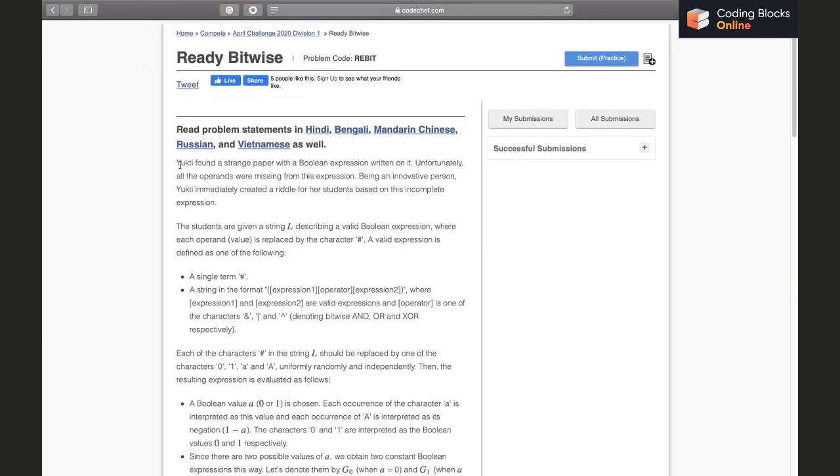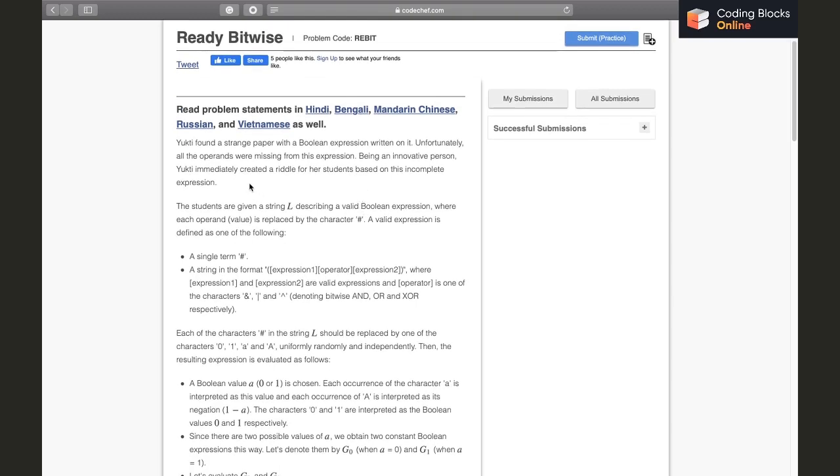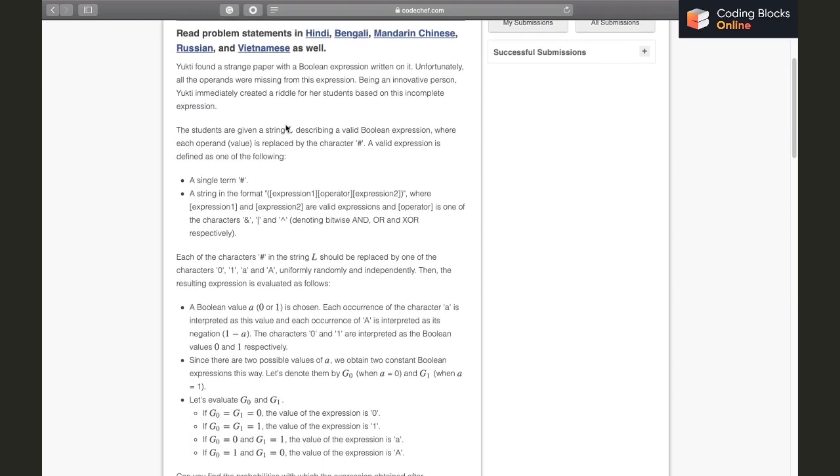So the question says Yukti found a strange paper with a Boolean expression written on it. Unfortunately, all the operands were missing from this expression. Being an innovative person, Yukti immediately creates a riddle for her students based on this incomplete expression. The students are given the string L describing a valid Boolean expression where each operand value is replaced by the character hash.